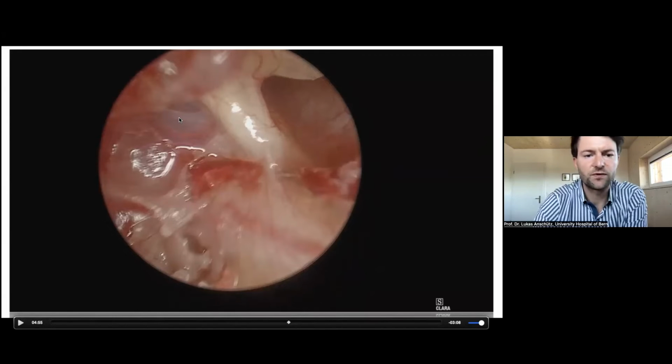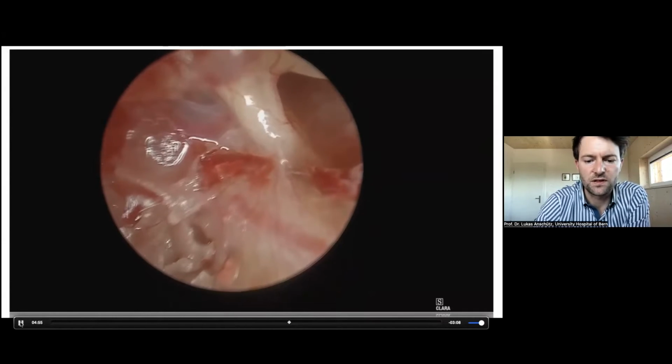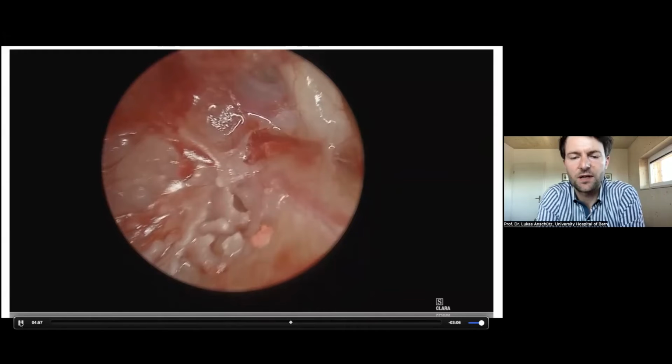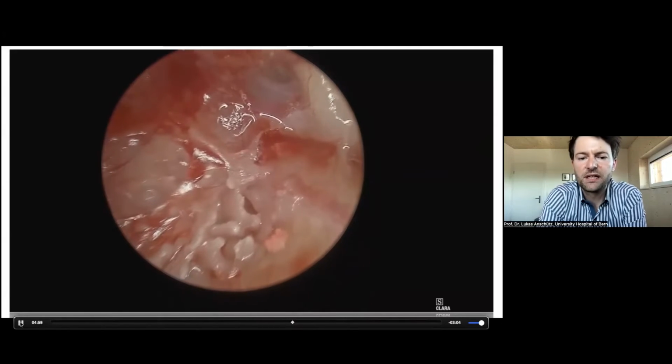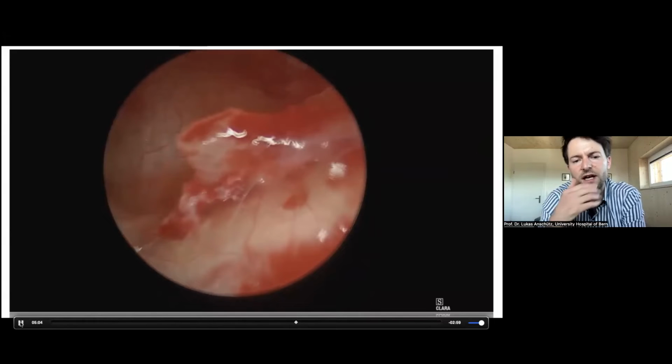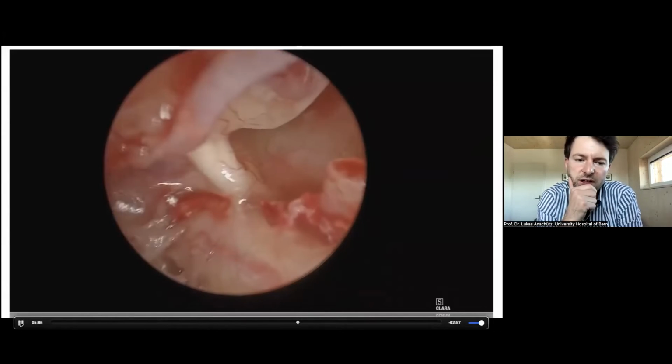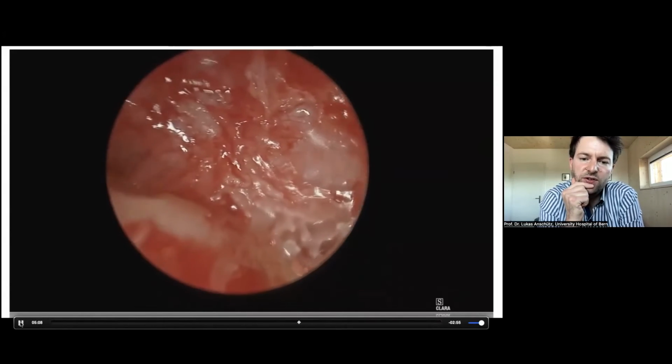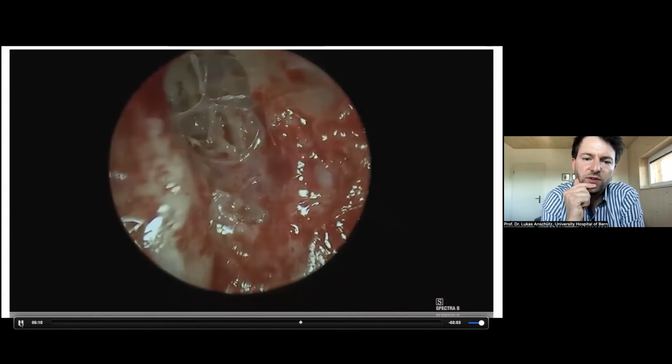And this might be one of the reasons why this patient has a cholesteatoma, because the ventilation of the epitympanum is actually completely closed. We saw in the beginning there was a scar in the isthmus tympanicus, and with the closed tensor fold, there is no way the air can go into the mastoid.